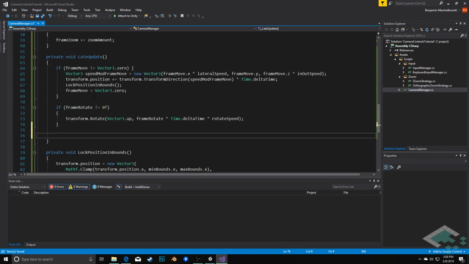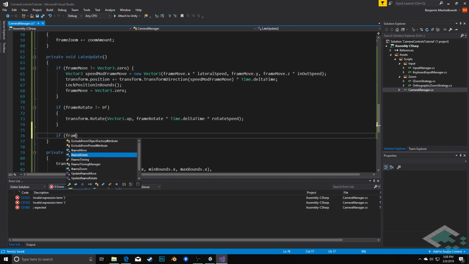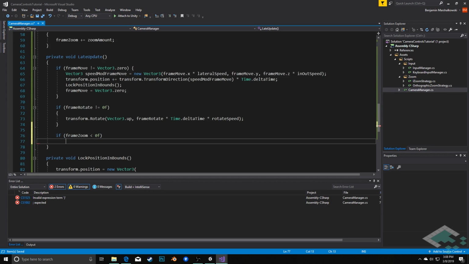Lastly, for frame zoom, we have to do this a little bit differently in that we can't just check if it's not equal to 0. We need to first see if it's less than or greater than, because that's going to tell us if we're zooming in or out. So we're going to say if frame zoom is less than 0f, then we know that